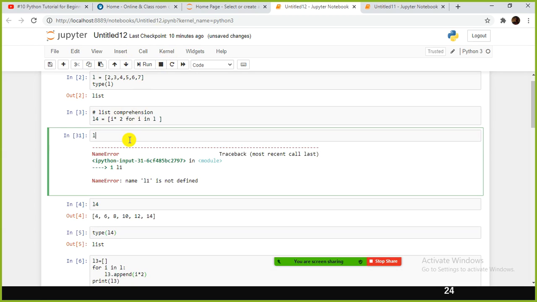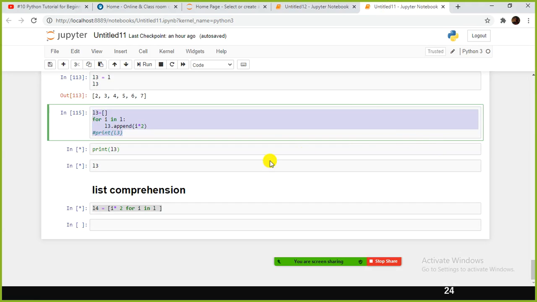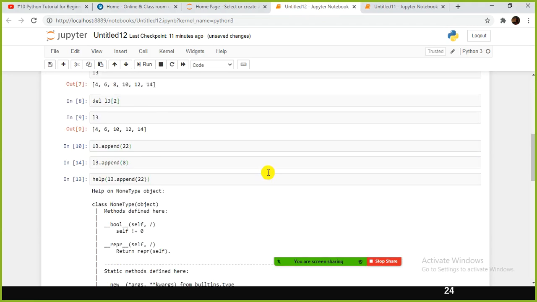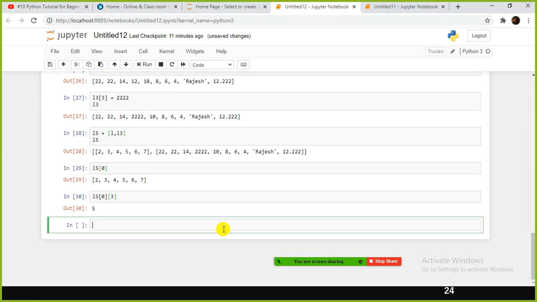Okay. L2, L3. L2, one second, sorry. System is hanging. Maybe created in the previous thing. Yeah, correct. You're right. So L2, okay, it is hanging still. What we will do is we'll create one, not a problem. So we'll say, L2 is equal to 1, 2, 3, 5, 6, 7.